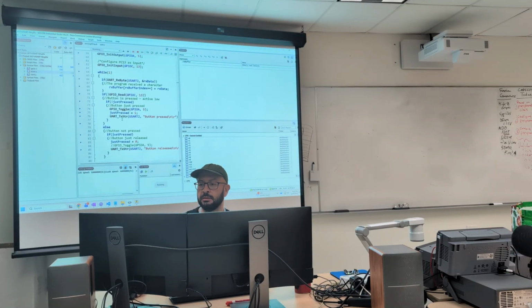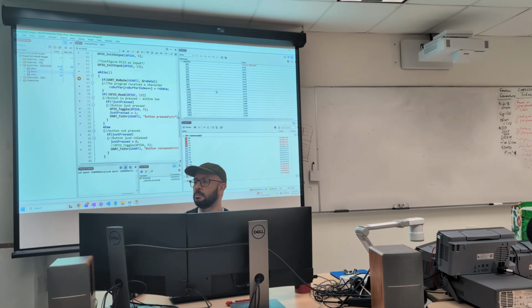So I'm gonna go here, and this is what you do when you know how to use the system, right? You're gonna put a breakpoint here, and you're gonna look at your RX buffer. If you don't have it, you can add it here, right? You can type the expression, and it says hello CMPE 1250. Okay, and the ASCII codes are here.